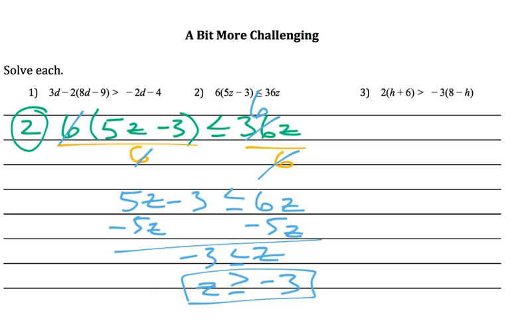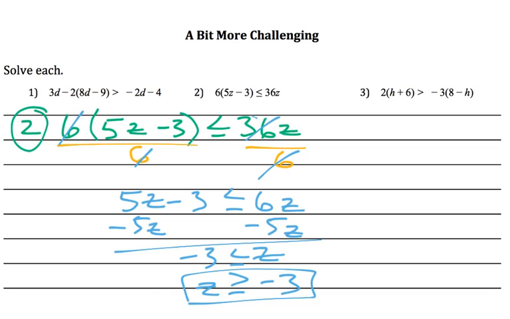Let's check this, and then I'll say one more thing about these two problems. So z is greater than or equal to negative 3. We can check that crossover point. I'm going to erase this so it's not cluttered. And I always talk through these checks quickly because I don't want to make you watch video after video of me just checking problems, but it's always something you want to do. This becomes negative 15 minus 3 is negative 18, so it's negative 18 times 6. And then this one's 36 times negative 3. And it's just going to be the same thing. Just type those in. The other thing we can check would be